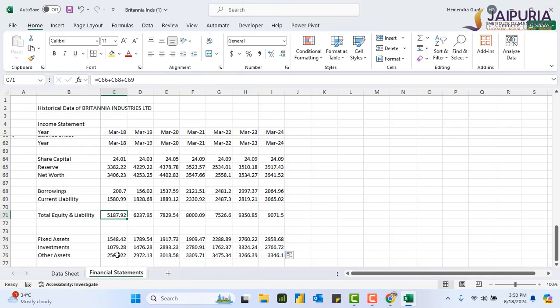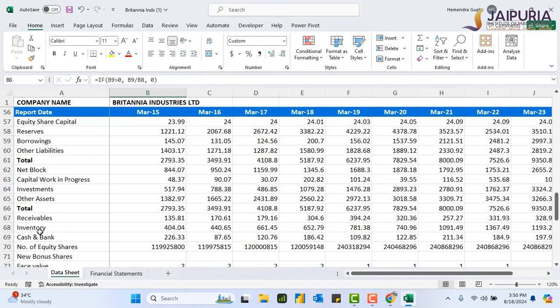So if I have to report current assets separately, I have to remove the current assets component from this part, because if you add this here, it comes to 5187.92 crore, which is the same as the balance sheet total of the liability side. That means my asset side is complete. Whereas they have given current assets separately also, which is receivables, inventory, and cash and bank balance,